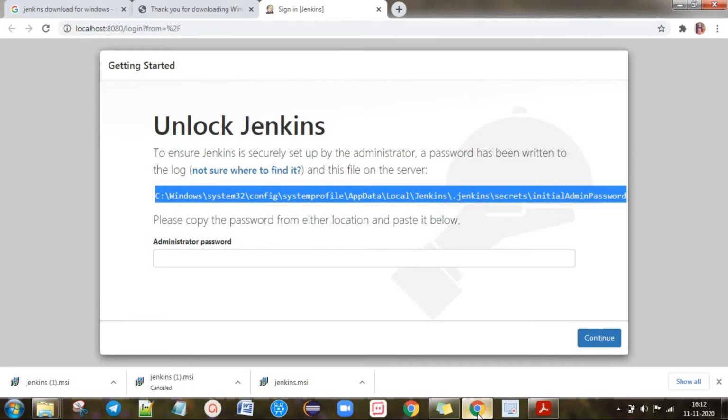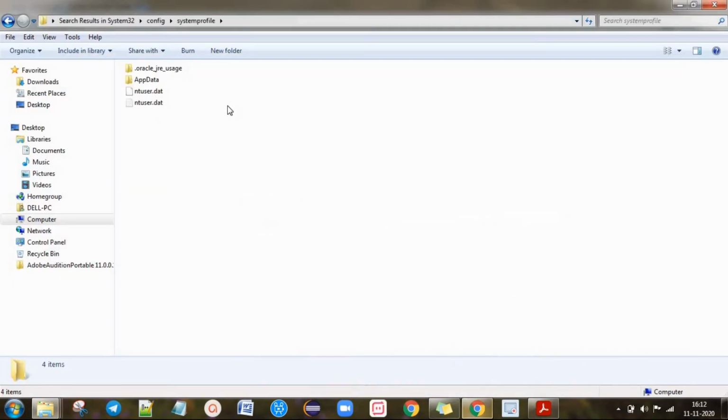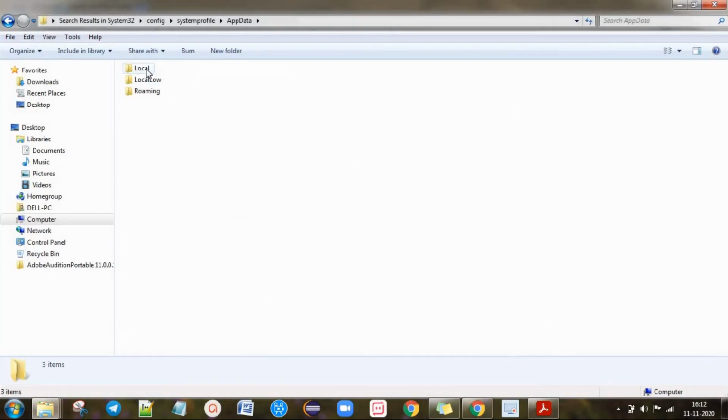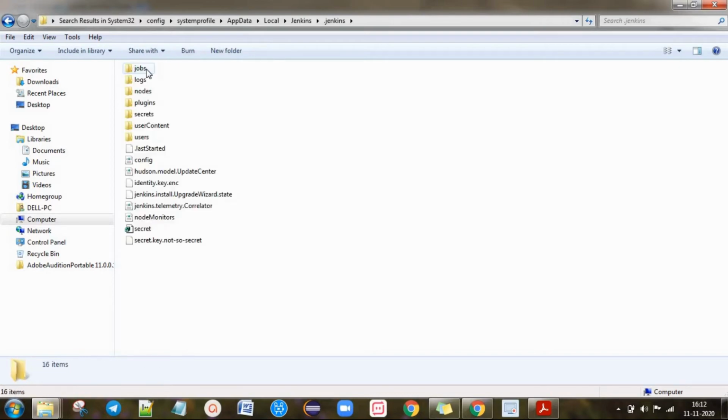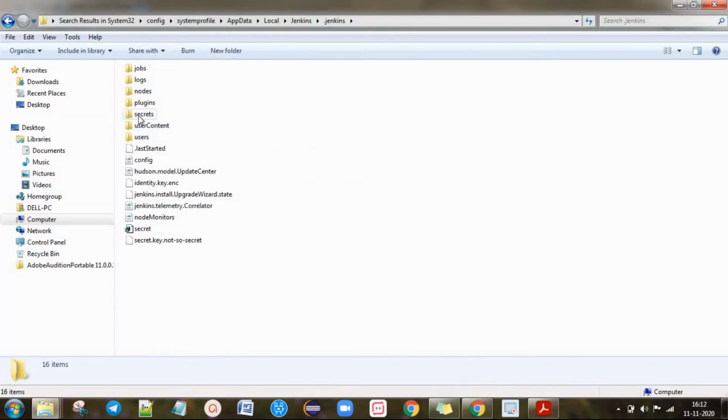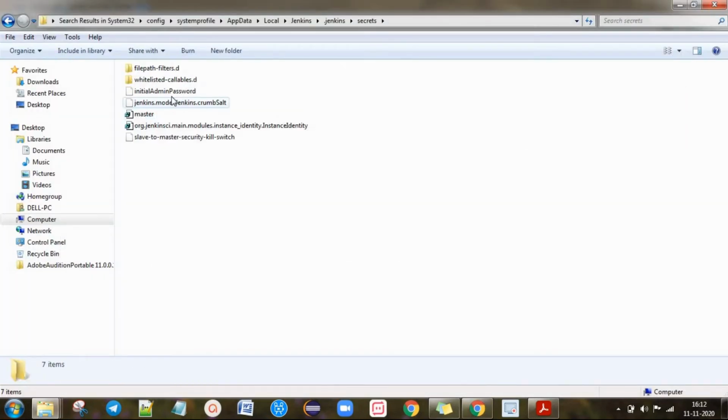Next is AppData. Next is Local. Jenkins. The last one is secrets. Yes, secrets. Here you can see one notepad file, initial admin password.